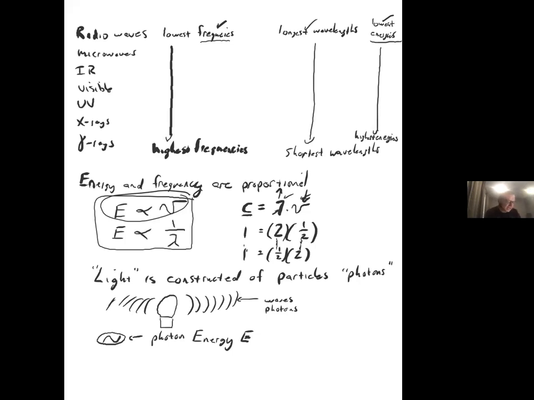The photon's energy is, again, notice it goes with frequency. Higher frequency means more energy. And so they're directly proportional. And I'm going to write the formula for it right here. The energy of one photon is simply h times the frequency. So, right, this is the frequency